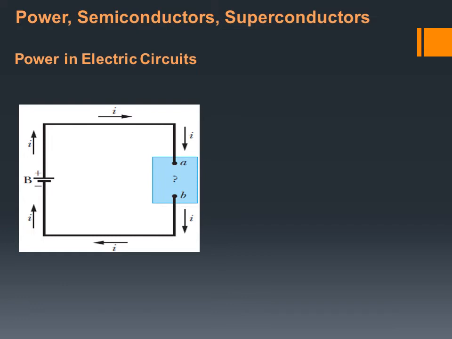Okay, so here the current, when it flows from point A to point B of the device, we say that there is a drop in the potential. In other words, the potential decreases because it goes from high potential to low potential. The question is where that decrease in potential goes, in what form it appears.